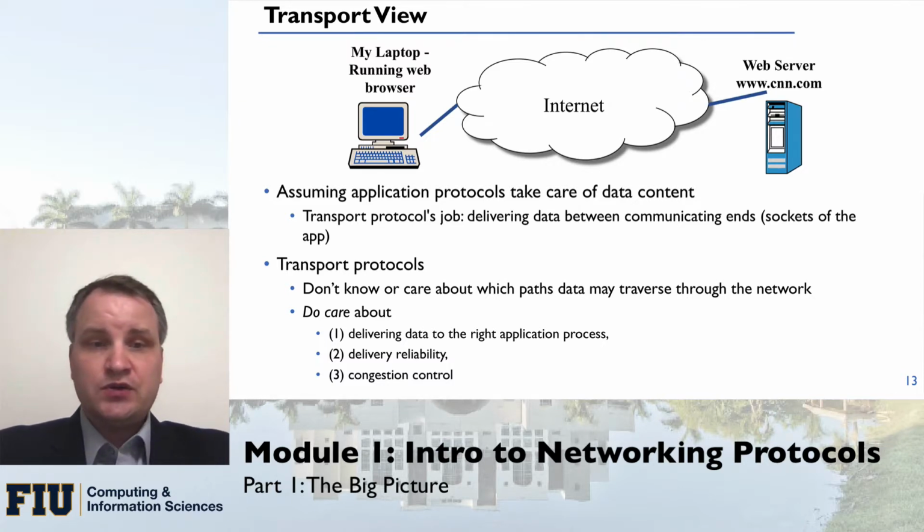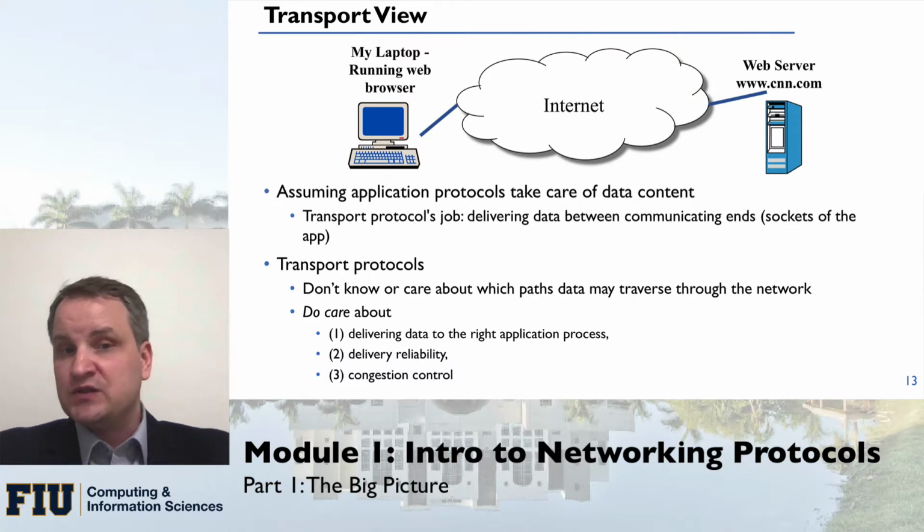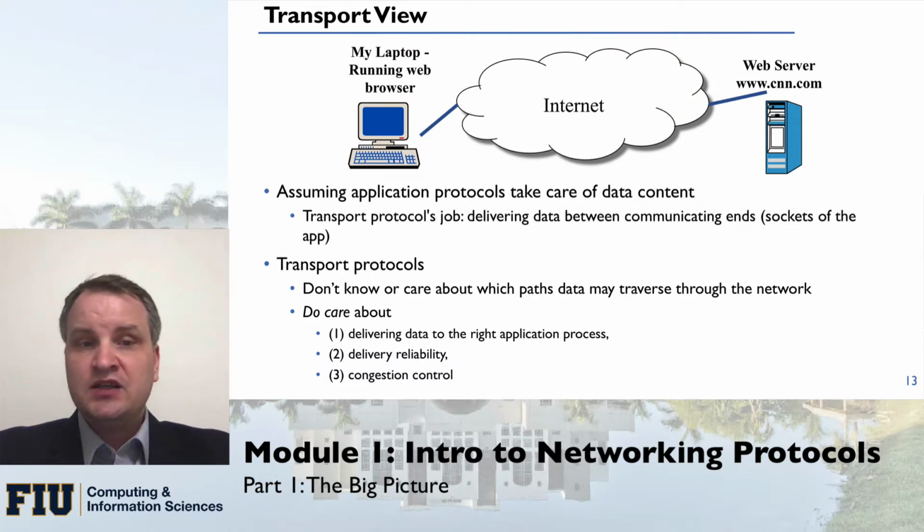Specifically, what those transport protocols care about is if the application requests reliable delivery. So it is the transport layer's job to figure out how to deliver packets reliably. By delivering packets reliably, I mean that if a packet was sent out and was not received on the other side, it needs to be retransmitted, and it needs to be retransmitted until the other side confirms the reception of the packet. Or if that function is not required, it still has to have an ability to send the packet to the